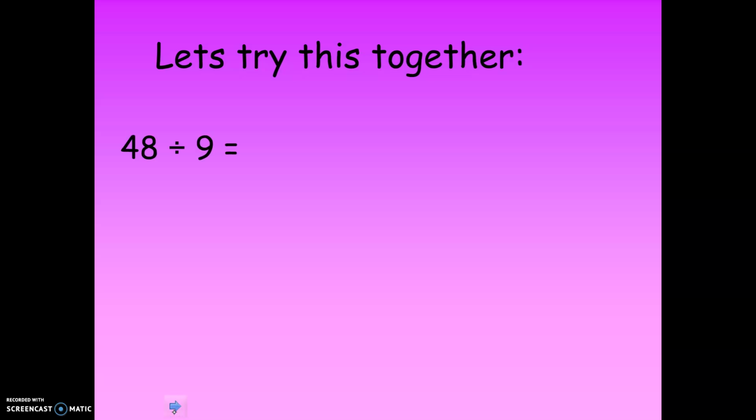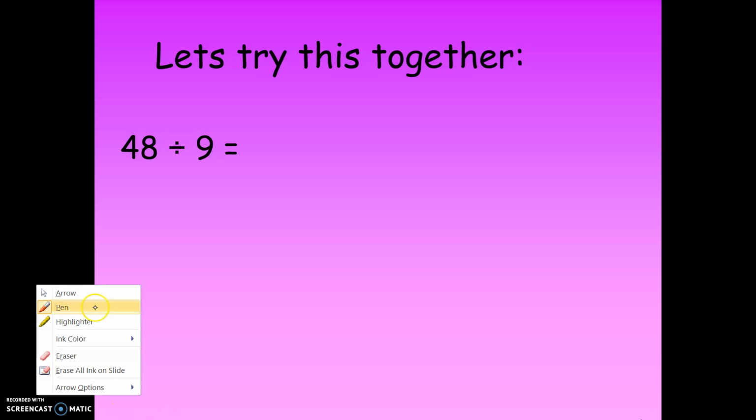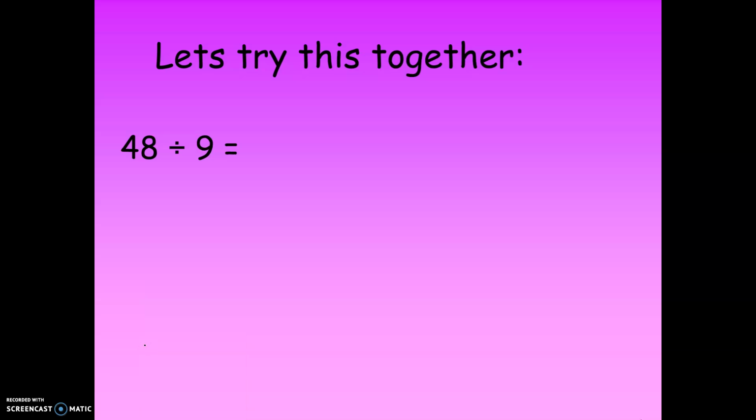48 divided by 9. It means I want to distribute 48 candies to 9 of my friends. Which timetable will you use? Remember, we are not drawing now. We will use the timetable of 9. So let's do the timetable of 9 first. 9, 18,